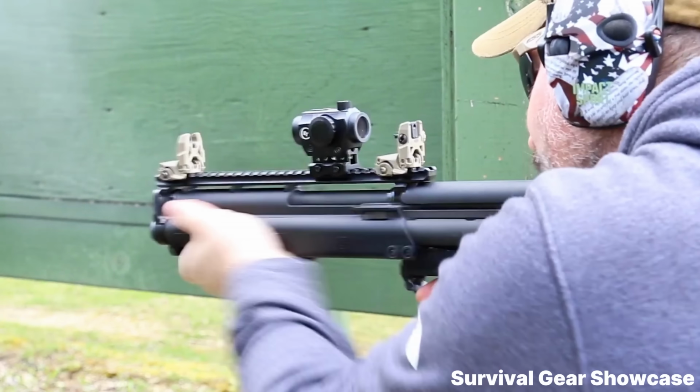At 33 inches long, it's 6 inches shorter than a standard Mossberg 500, making it a breeze to maneuver. The controls are fully ambidextrous. Bolt handle, bolt stop, ejector plate, safety, even the sling plate. So it's a lefty's dream, like me. The 6-inch Picatinny rail at 12, 3, and 9 o'clock, plus a 1.5-inch rail near the muzzle, let you mount